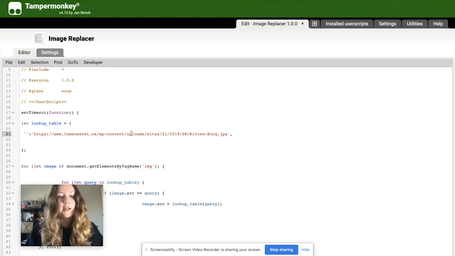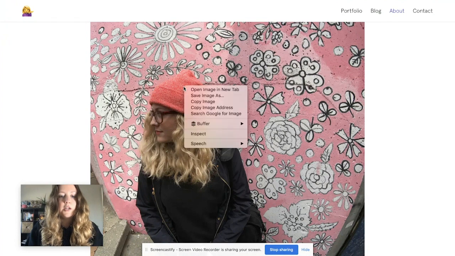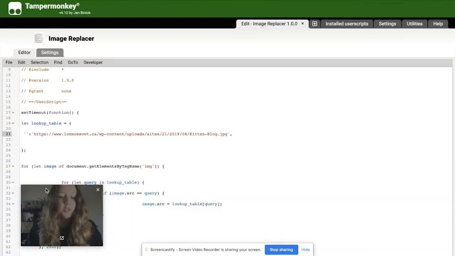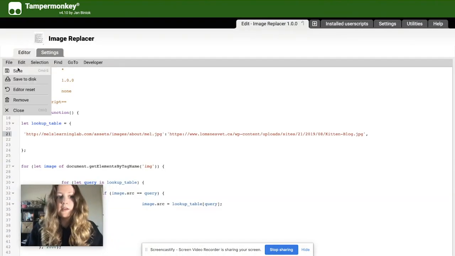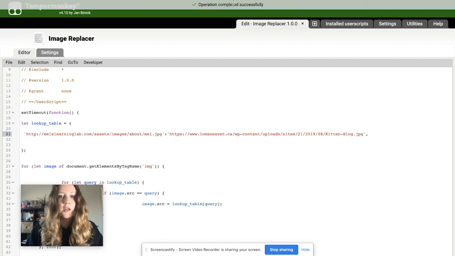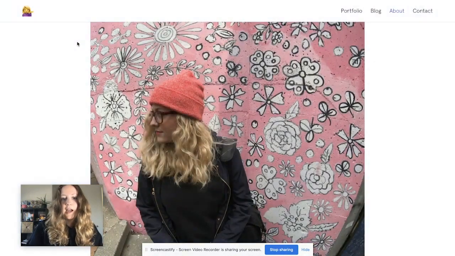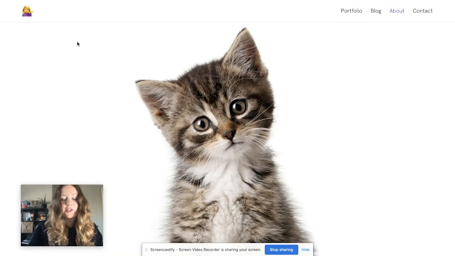I've already gone ahead and copied the URL for the image of the kitten. And then for my image here, when I right click and copy image address, I'll be able to pop that right into the script. So I go ahead and do that. I can go to File and Save. And then after about a second and a half, this should change my picture to a kitten. So that's it. It's a pretty easy, simple hack that you can do if you need to replace images in a